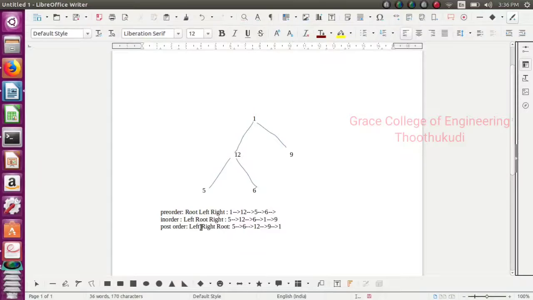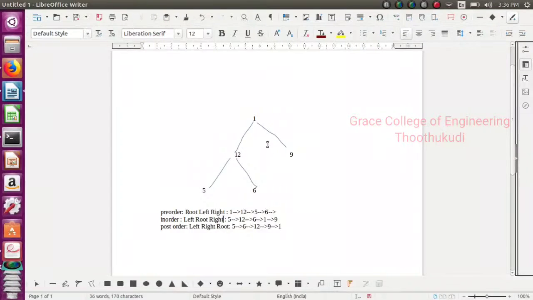This is called in-order traversal. And the final one, post-order traversal, means first visit the left subtree, then the right subtree, then the root.